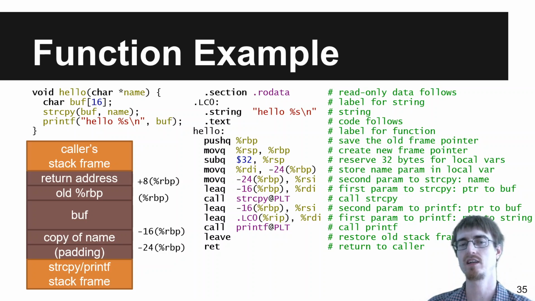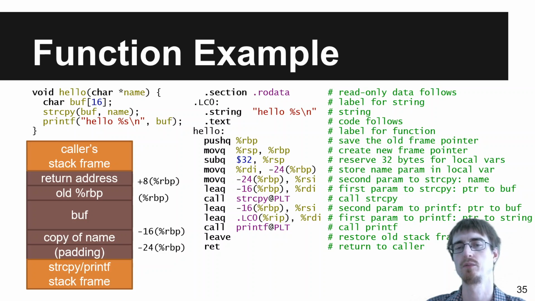On the right-hand side, we see the result of the compilation with some comments indicating what this actually is. So let's take a look line by line. First, section RO data says that now we have a bunch of read-only data following. And this is there for the string. So this tells the operating system when loading the binary to load this in a place that is not writable and not executable, but it is readable. So we put the string there, and the string is simply the argument to printf, which we're going to use